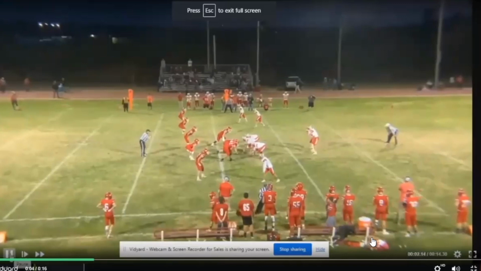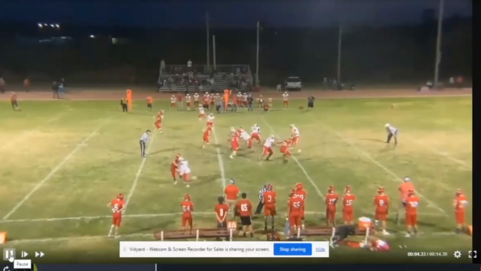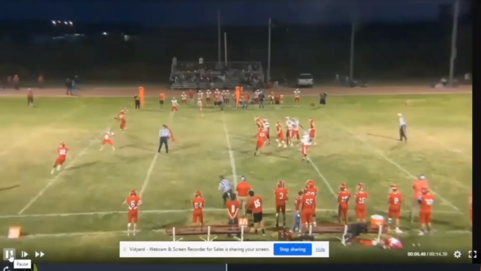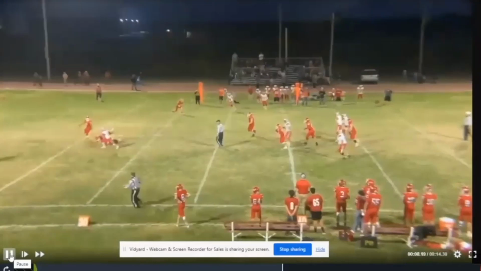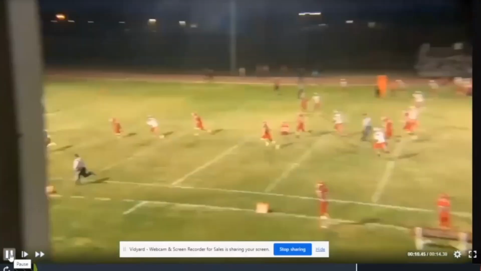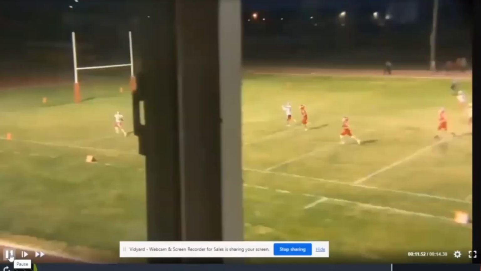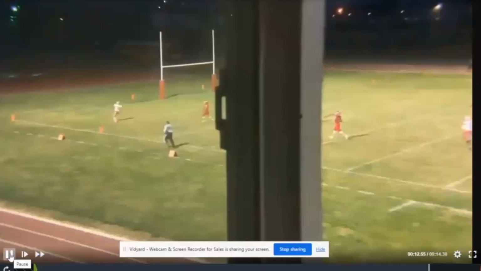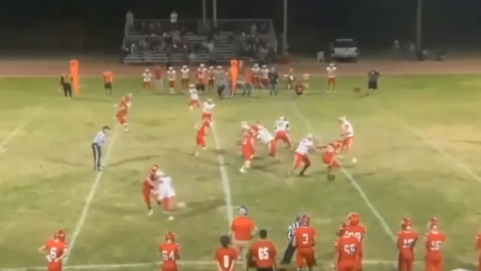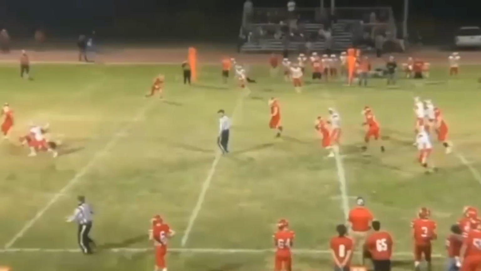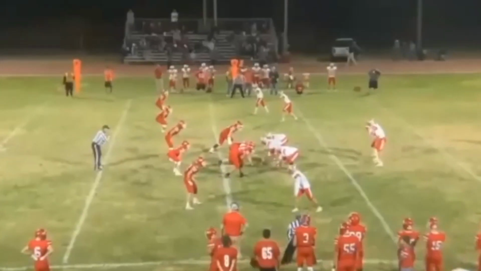Now, this is very poorly executed, I will point out, but if you can run it effectively, and then you watch our tailback runs right by his man. I mean, it looks awful, but had we executed it correctly, that's an easy 6 points. I know that there are other high schools here in Kansas that actually run that same look, and our QB does a terrible job too.